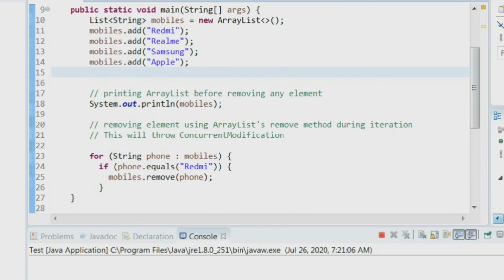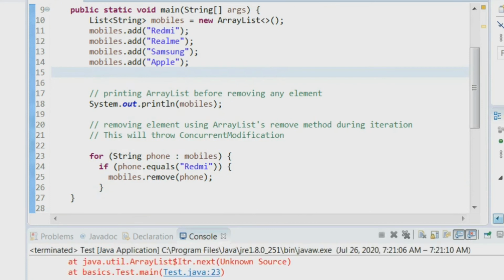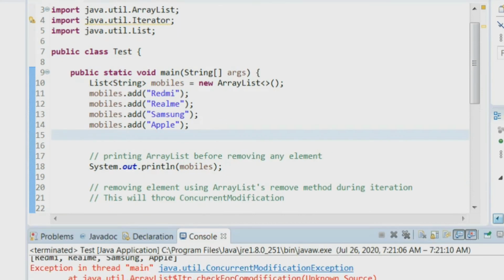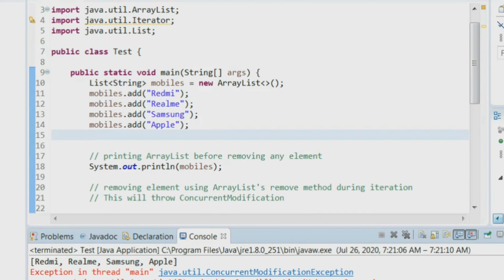See here the output, you can observe: exception in thread main, concurrent modification exception. Initially, this output is the ArrayList printed before removing any element.